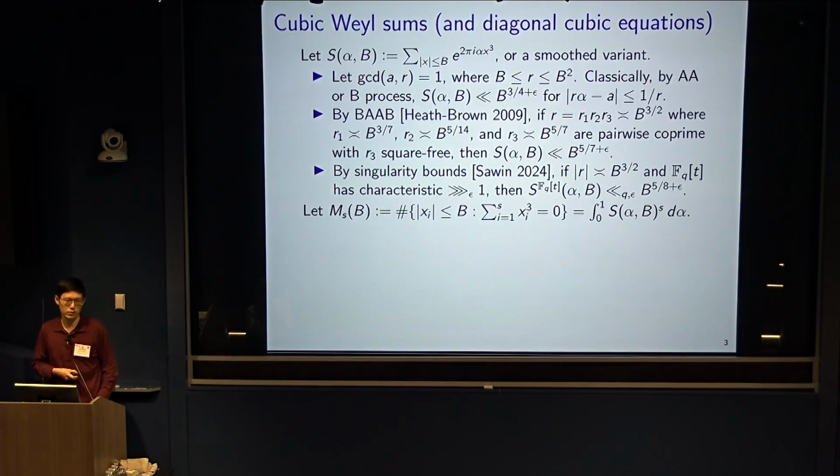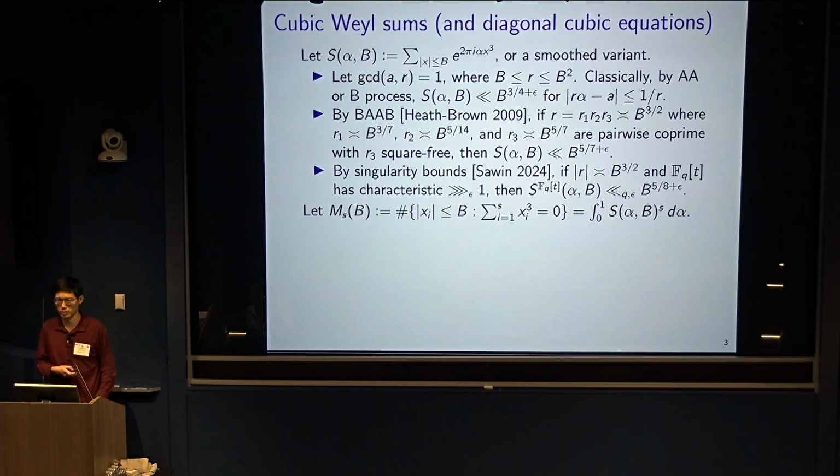And in the function field setting, Weyl has some nice recent work we're using by bounding the singular locus of certain varieties. He was able to show that you can improve 3/4 to 5/8 in general. Okay, so the relevance of these Weyl sums is that you can express the number of solutions to, say, a